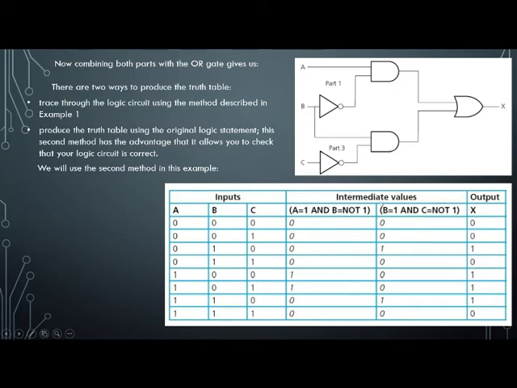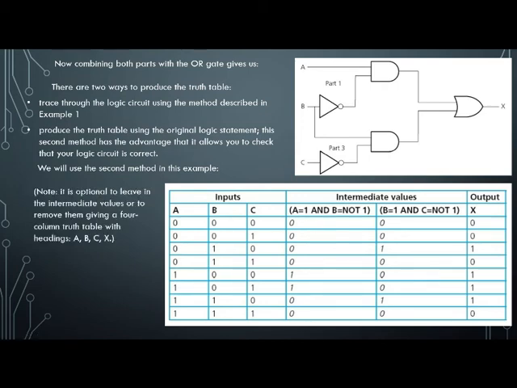Similarly when we are connecting B and C, we will consider B and C values, not A values. We will ignore A and perform the same scenario. And for the X output, we will consider these two intermediate values to get the answer, because this is the OR gate. In the OR gate, you know that when any one is 1, you will get the result. So where we have 1 in this case, this case, this case and this case, that's why we have this result.